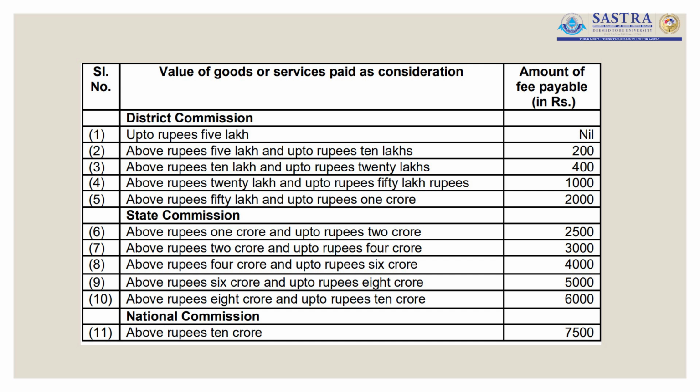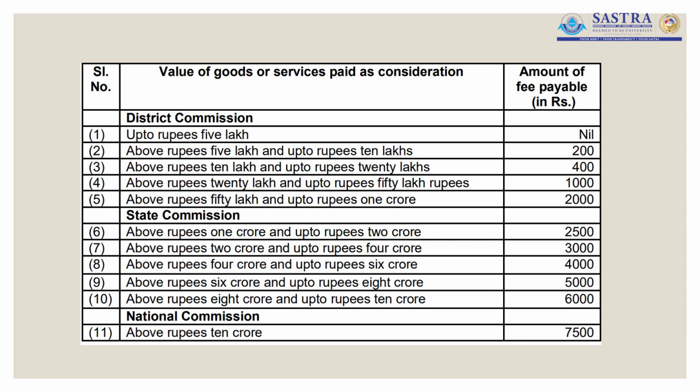So this is one way of paying the fee and making a complaint, or else they can even make the payment through the electronic mode. If we look at this particular table, we can understand that if the consideration paid by the consumer towards the value of the goods is